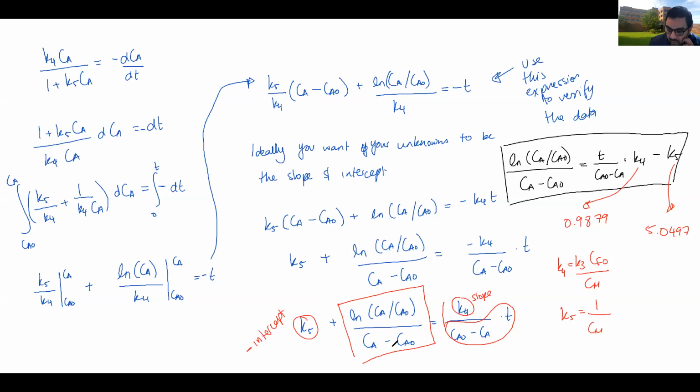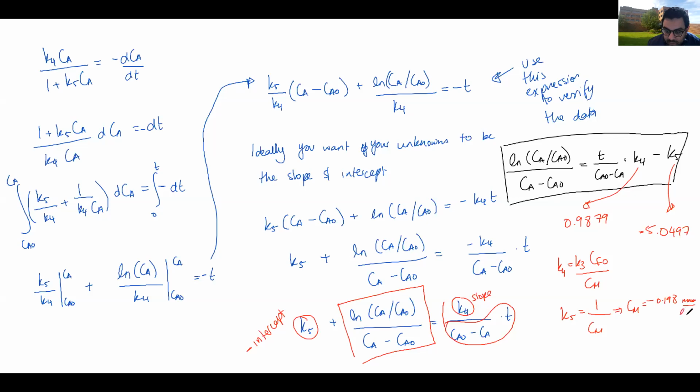So in our case, K5 will actually be what? It's minus K5, and I'm assuming K5 will be minus, right? That makes sense. So this implies that Cm will be basically 1 over 5. In this case, 1 divided by 5.0497 is 0.198, or minus 0.198